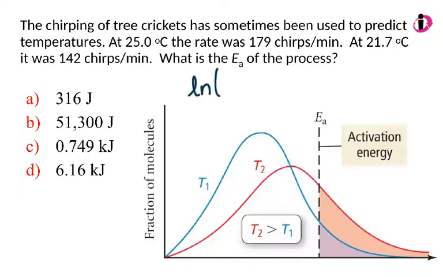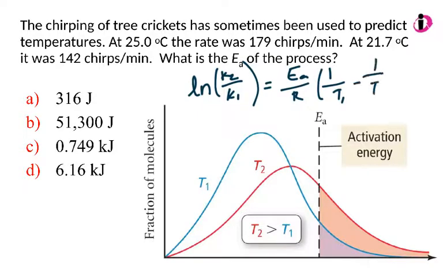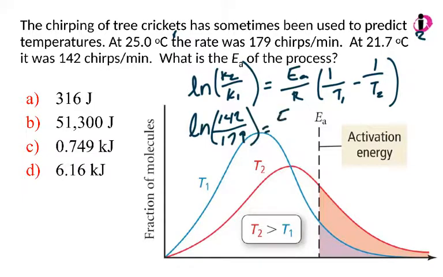Remember that the natural log of K2 over K1 is equal to EA over R times 1 over T1 minus 1 over T2. So if I work this out, plug in my numbers, if this is my 1 and this is my 2, the natural log of 142 divided by 179 is equal to EA over 8.314 times 1 over